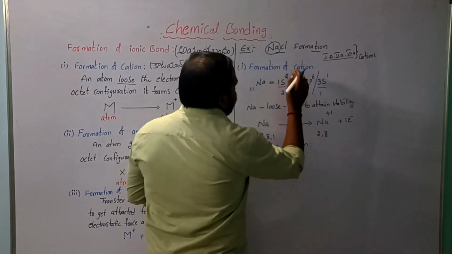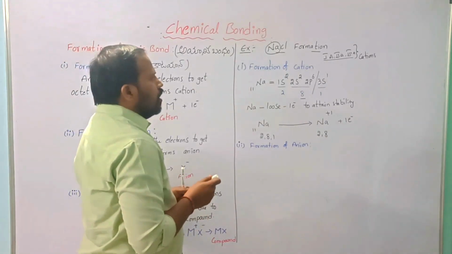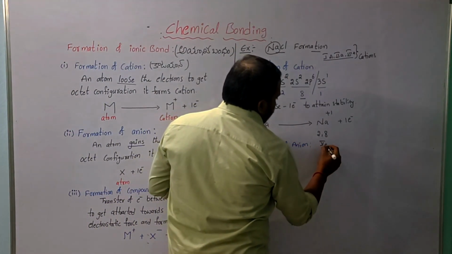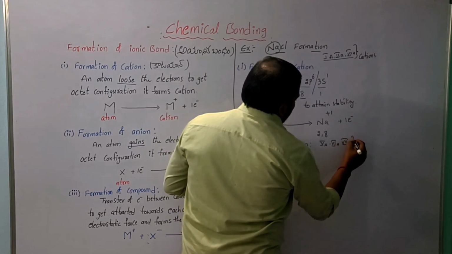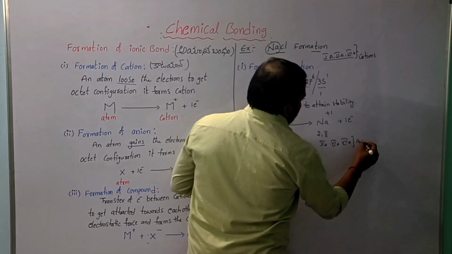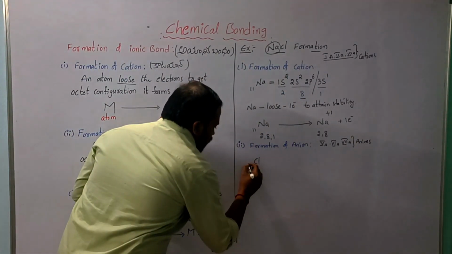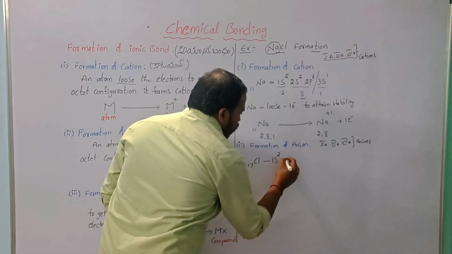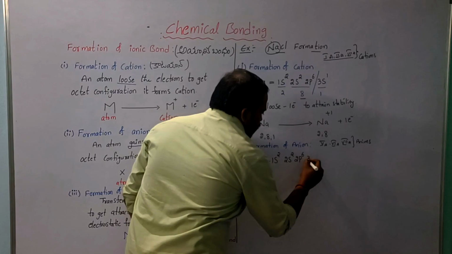Formation of anion. So what is the anion here? All the non-metals we can consider as anions. So 5th A group, 6th A group, 7th A group elements we can consider as anions. So what is the chlorine atomic number? 17. So what is the configuration here? 1s2, 2s2, 2p6, 3s2,